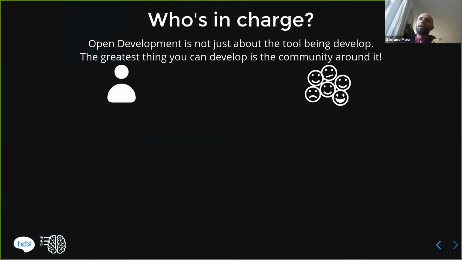And as I said before, all right, we have this development and we have a way to guide this development, but who's in charge? Who chooses what the development is? What is the governance that we can adopt in a project like this? Well, as I told you before, community is a key point of open development. The community is as much important as the tool itself. And sometimes governance can be in the hands of this community. Some other times, governance is in the hands of one single person that will be the main developer or a leader that will indicate what happens in the project.